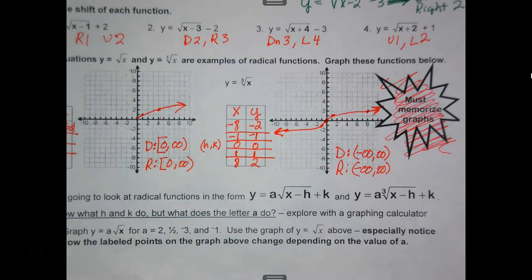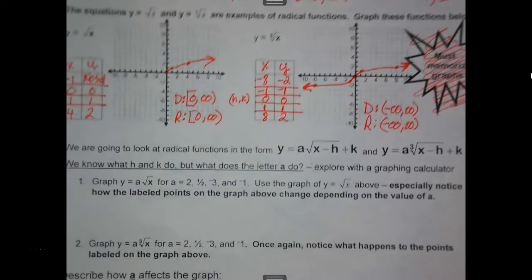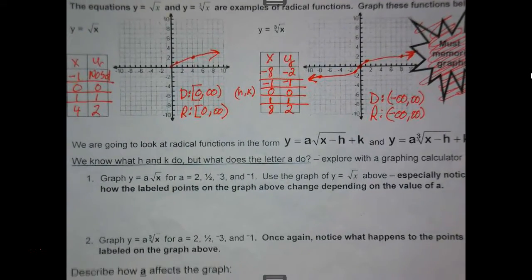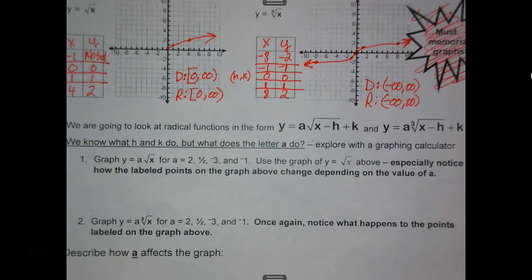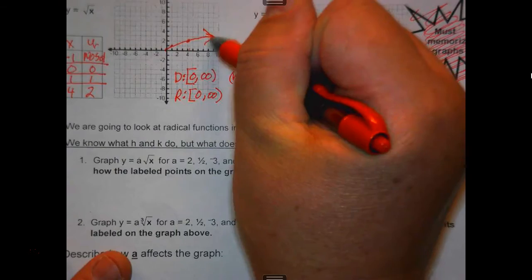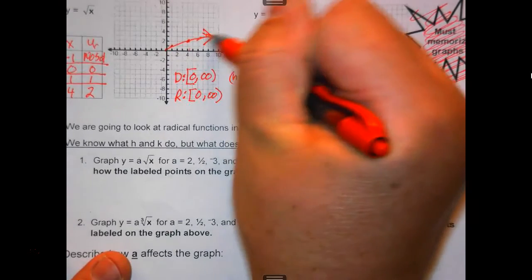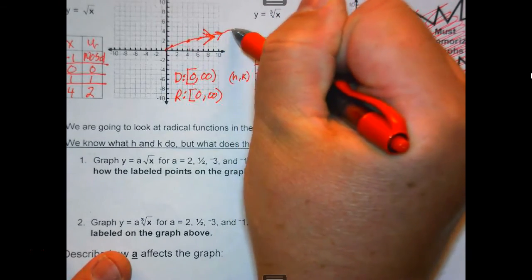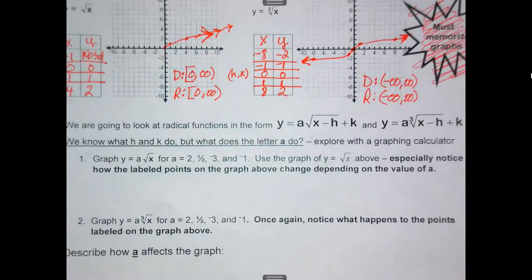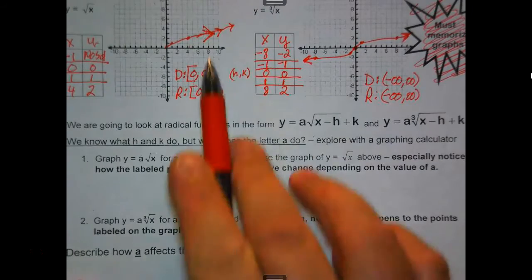There you go. Wow, this is great. You guys have really got this. It kind of goes up. It's not that exaggerated, but